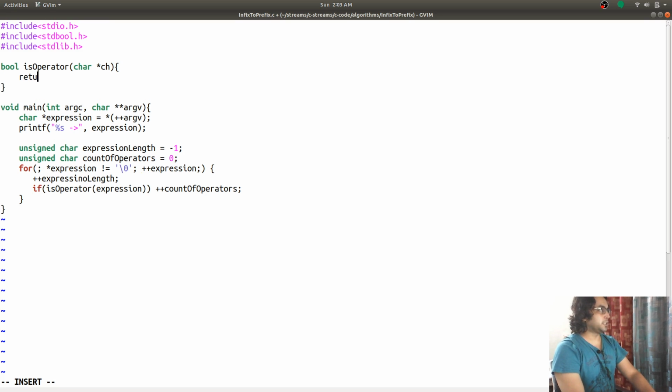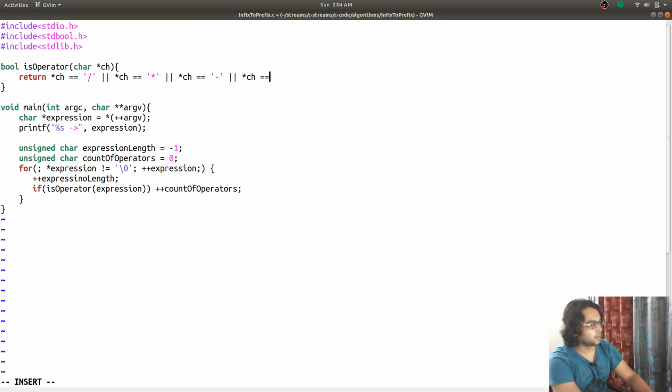And how are we going to see whether it is an operator or not? If the character is equal to an operator that we are going to consider in this program, say that if it is equal to division or multiplication or addition, then this is our operator, and after that we will print the length of the string.